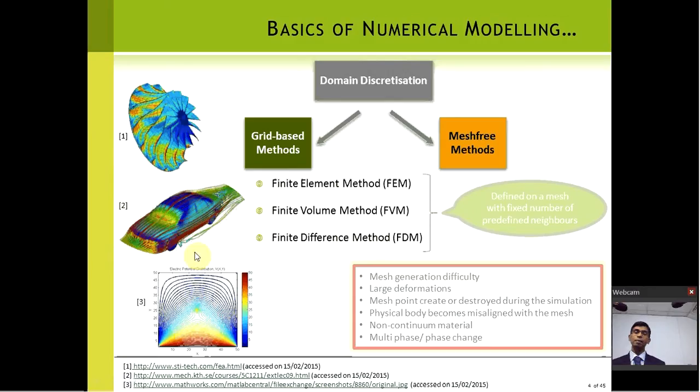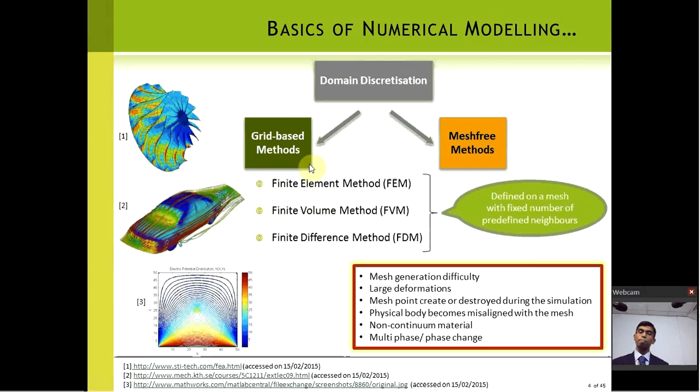So in these three, four commonly used grid-based methods, the common thing of all these techniques is that they depend on a fixed mesh. You can see in most of the cases there's a mesh, and of course there is a whole lot of dominant applications where people use these grid-based methods. They run perfectly okay for most of the engineering things. But for some special things, the grid-based methods have limitations.